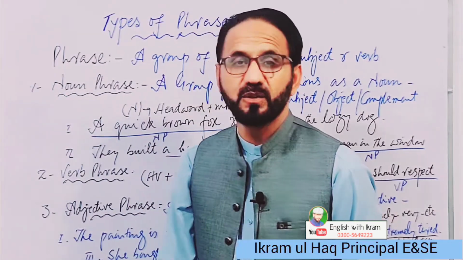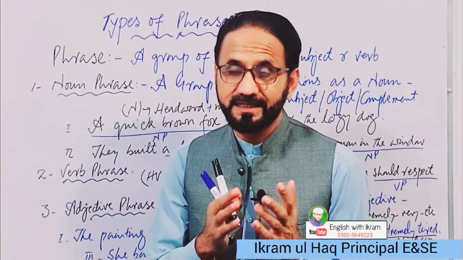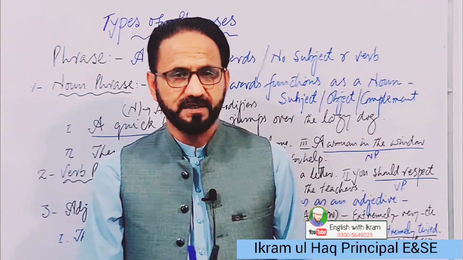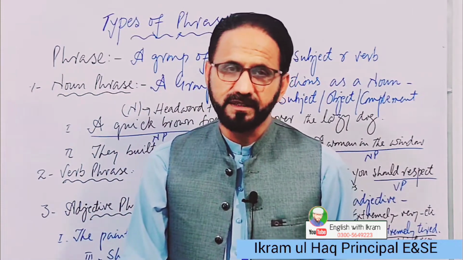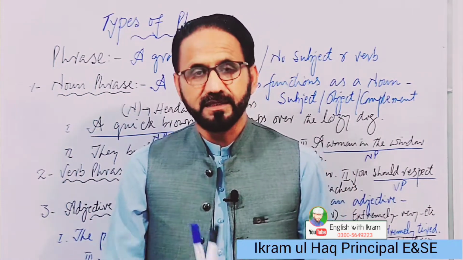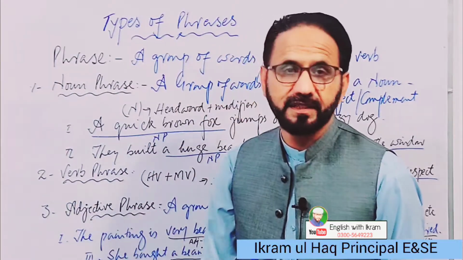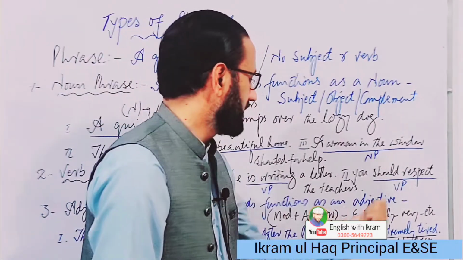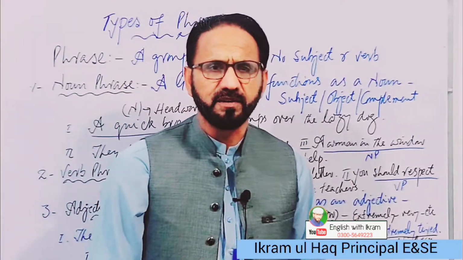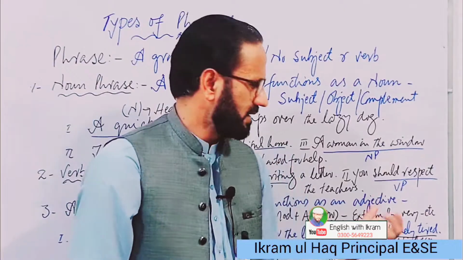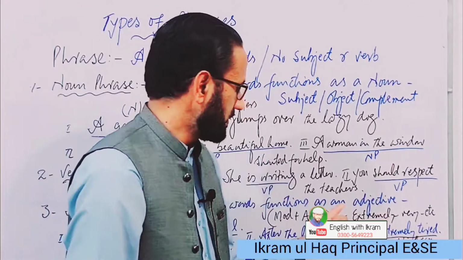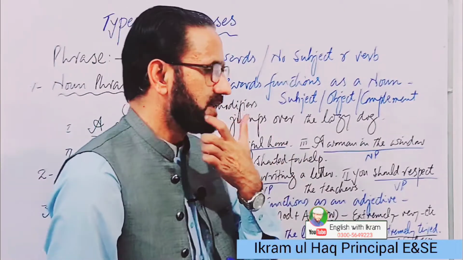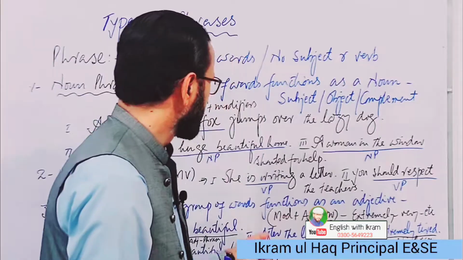Again, an adjective phrase is a group of words that functions as an adjective in a sentence. And what is the function of an adjective? We have discussed adjectives in parts of speech. An adjective modifies either a noun or a pronoun. And the same is the part played by an adjective phrase. It's a group of words having one head word as an adjective and then modifiers, which are normally extremely, quite, very. These are the modifiers normally used with an adjective head word, and sometimes we have a complement as well.